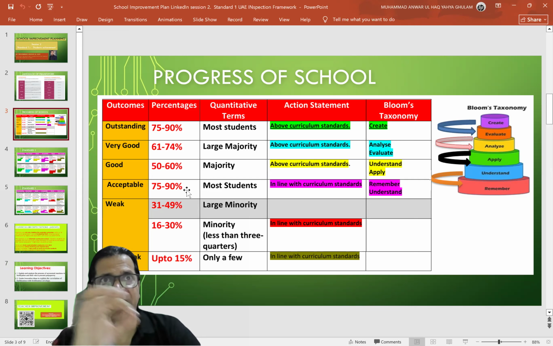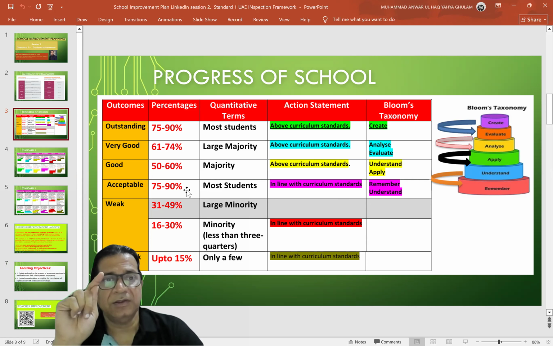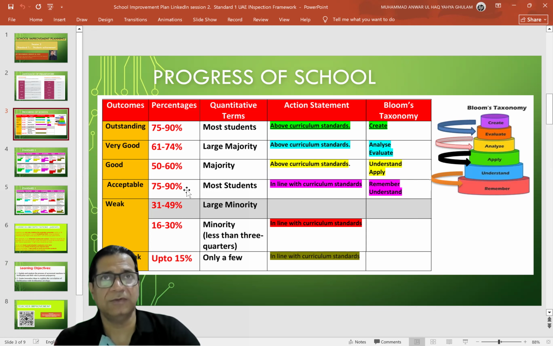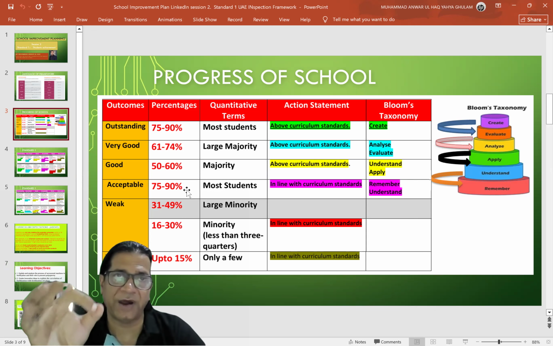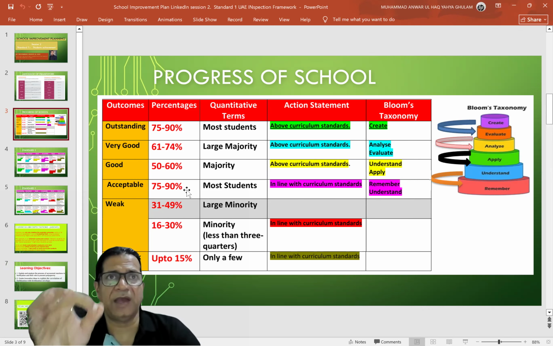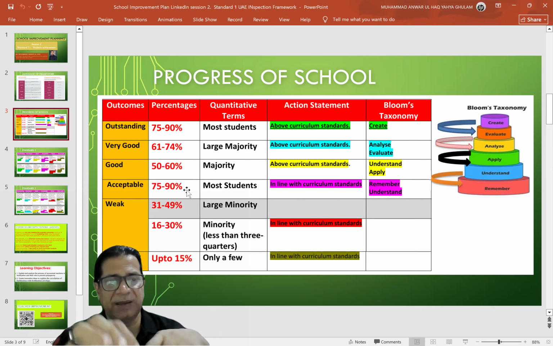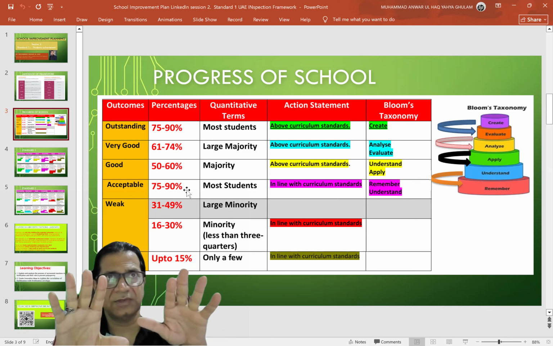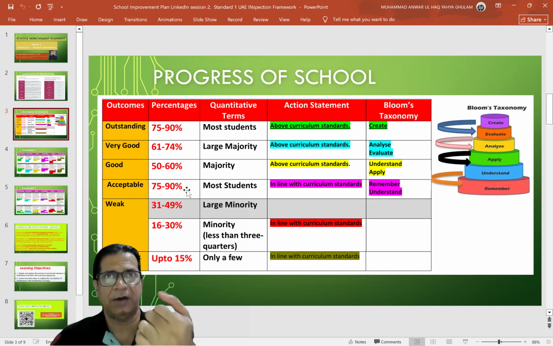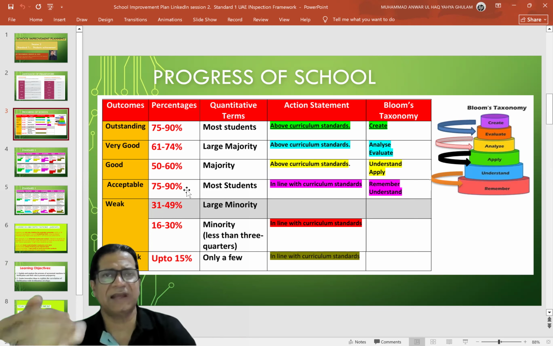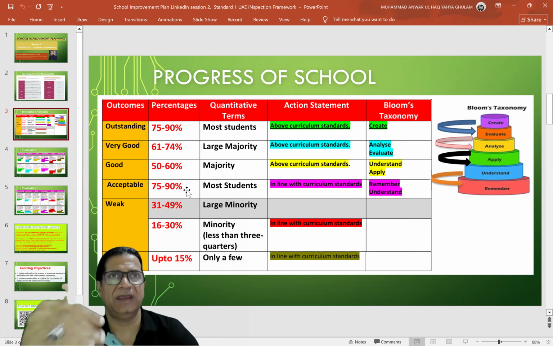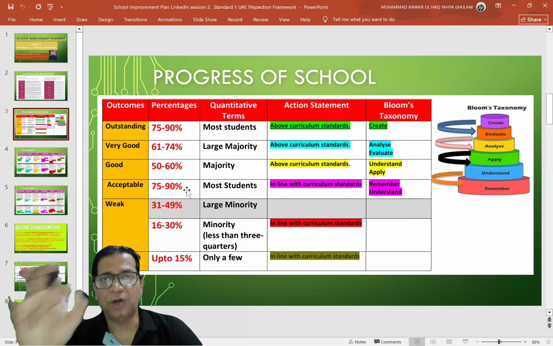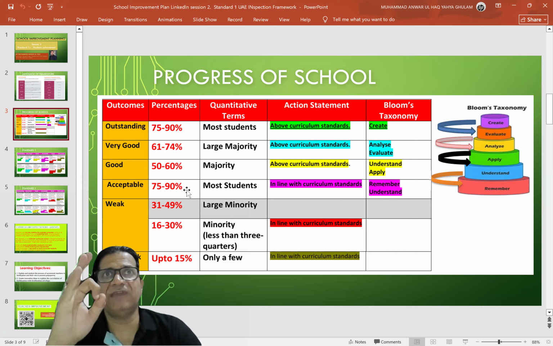So for definition, 75 to 90% of the students, meaning most of the students, should be able to define. If you have achieved this, you have shown the inspector that you have achieved this part, it means your lesson is acceptable. Now if you go to the next level, which is analyze, interpret, explain, and all, if the majority of the students can achieve that part,